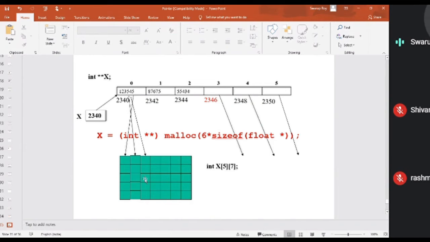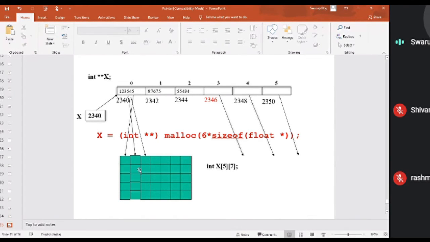This is another array. This is another array. This is another array. Am I right? So how many such arrays? 5 arrays. And each array, what is the size? 7. So that means you have 5 rows, 7 columns.